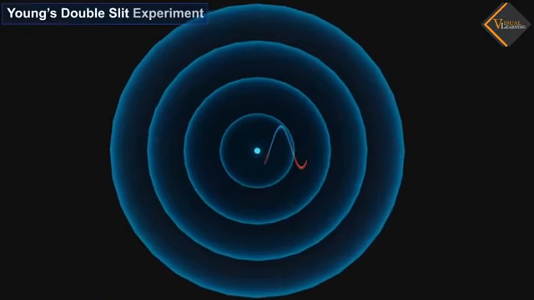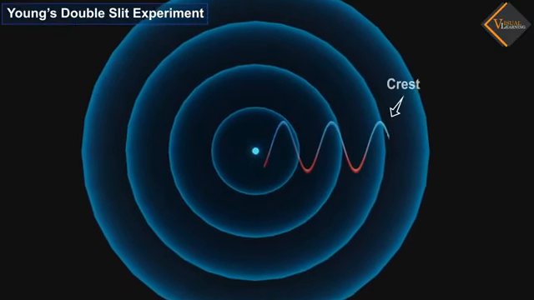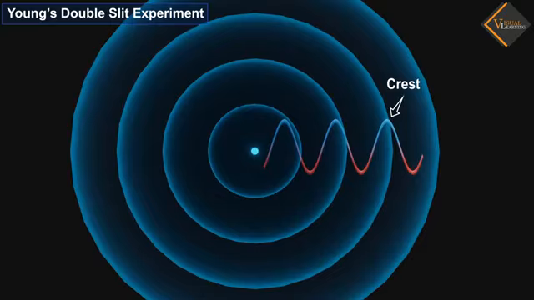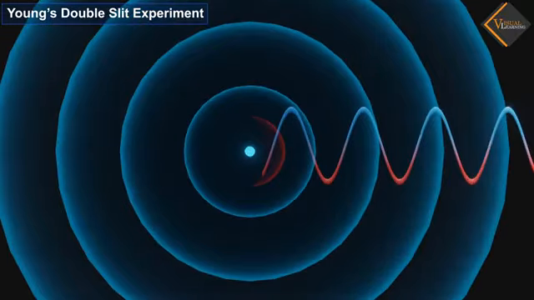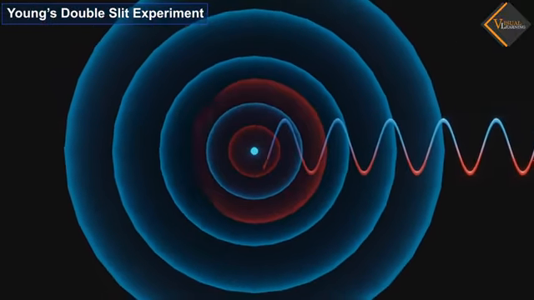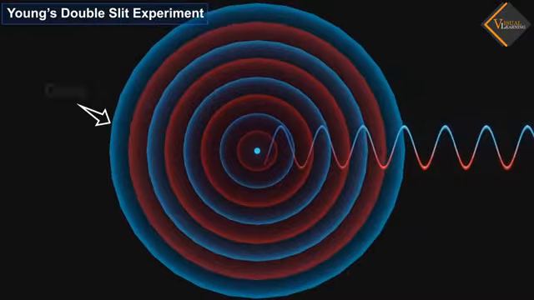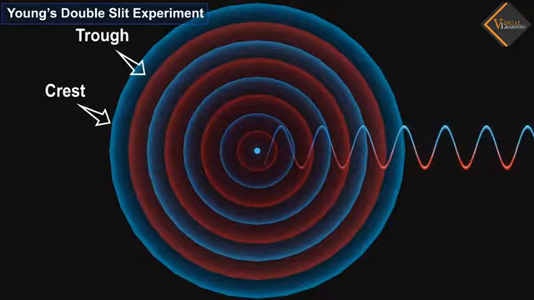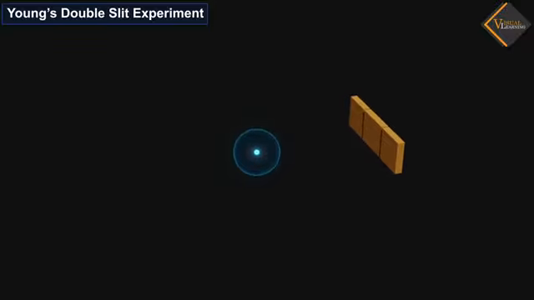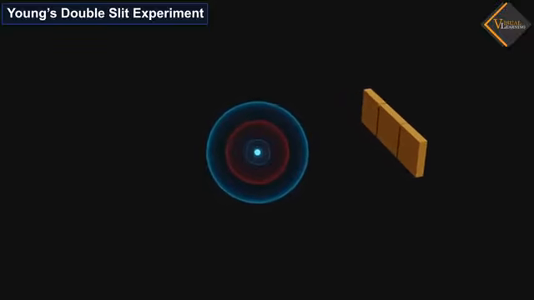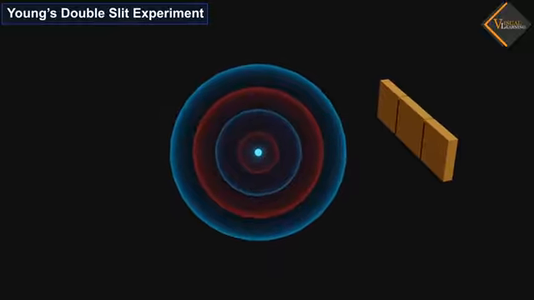We can consider the surfaces of these wave fronts as wave crests, representing the maximum intensity of the light wave, and the areas between two spherical wave fronts as wave troughs, representing the minimum intensity of the light wave. In this light wave, we will consider the blue spherical wave front as the crest and the red spherical wave front as the trough. In the animation, we see that when these spherical wave fronts move away from the source, the radius of the waves increases.